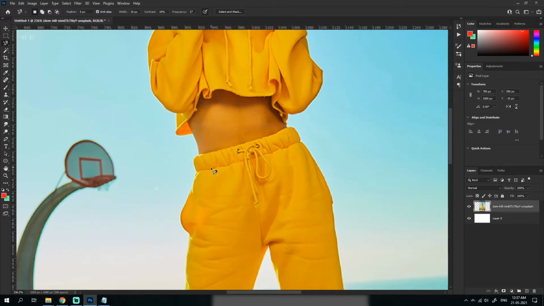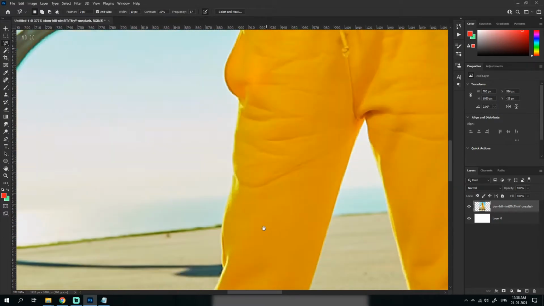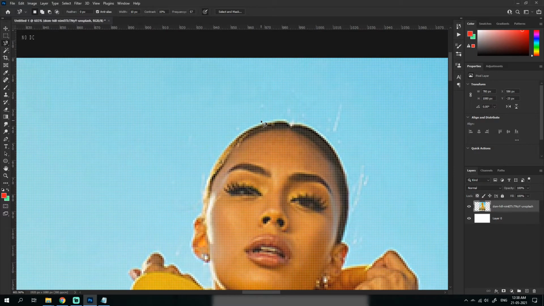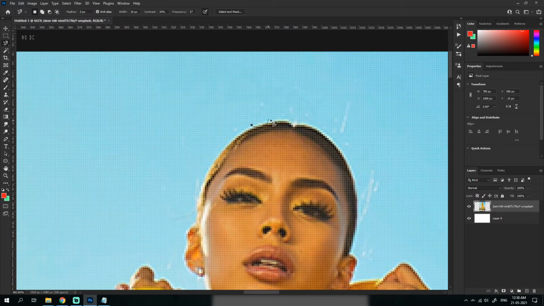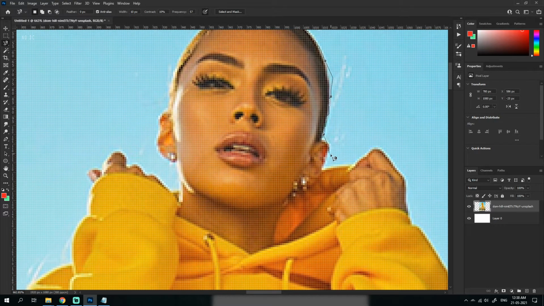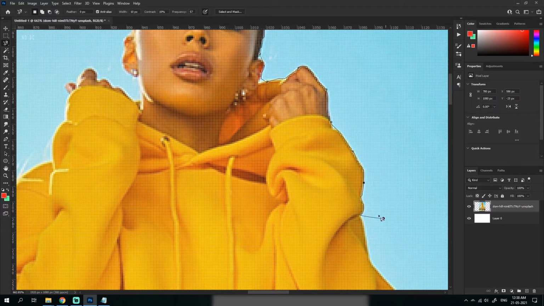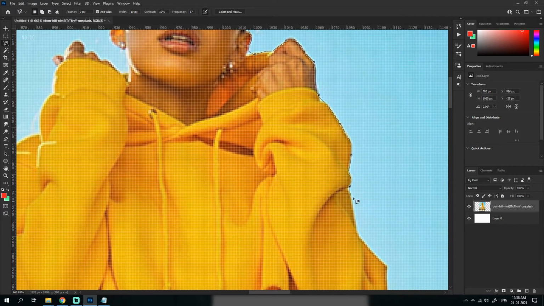Next thing is the magnetic lasso tool. This one finds the differences between edges, or finds the edges and tries to connect like this. You see. I never use this, so I'm not sure how the settings work to fine tune it, but this is how it works. You simply move around the edges to make it connect the thing that you want. This one has a pretty nice color difference, the contrast, which makes it easier for this tool to work.